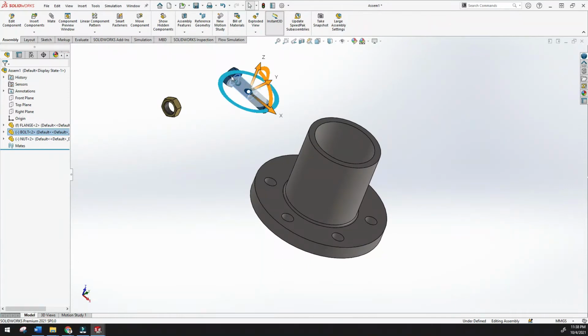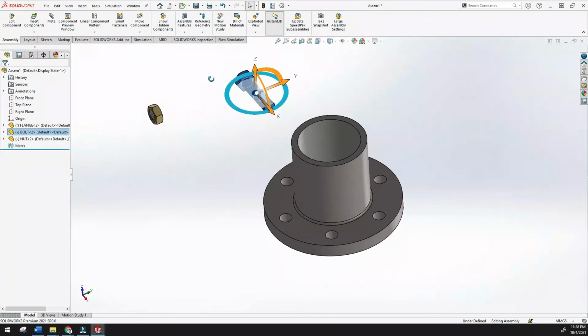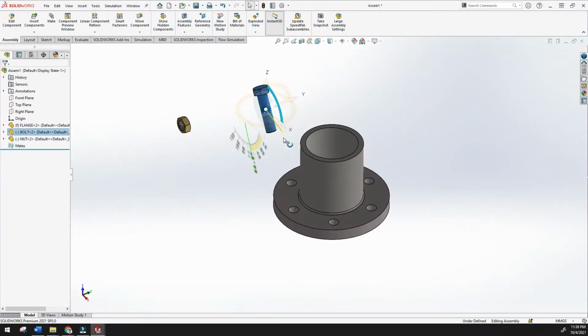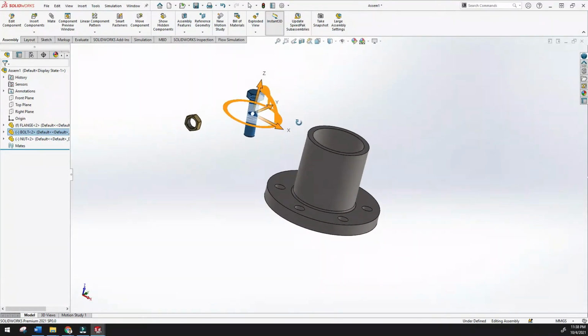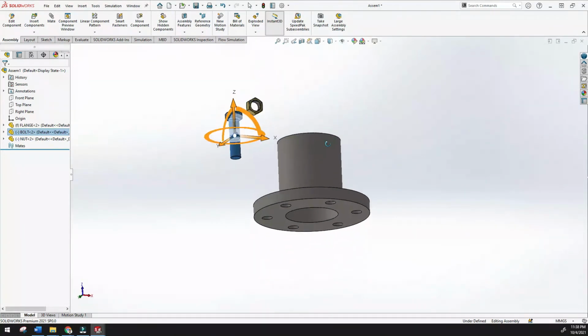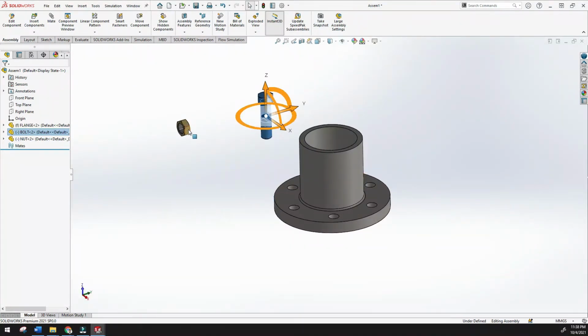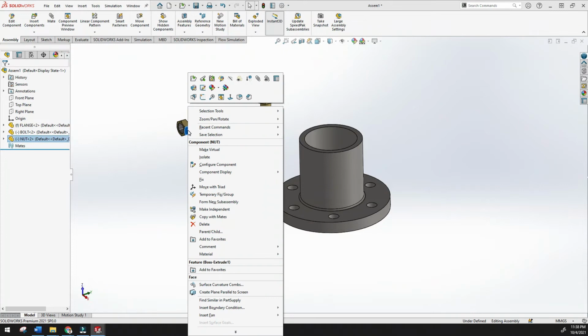Because this is my bolt, I want to click this one, and see, I want to move downward because I want to use it like this. Okay, and just click outside, the triad will be automatically deleted. Just click again, and here you will see the Move with Triad. Again you will click and try to